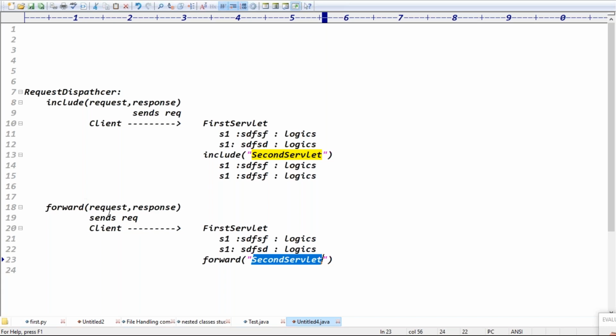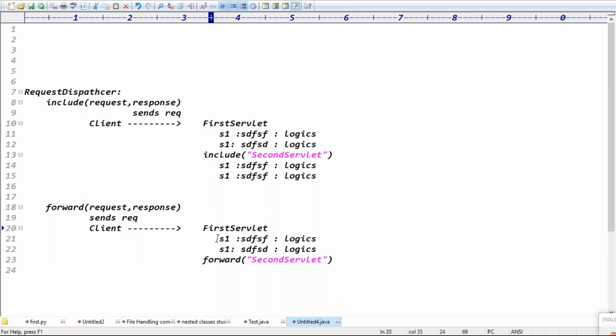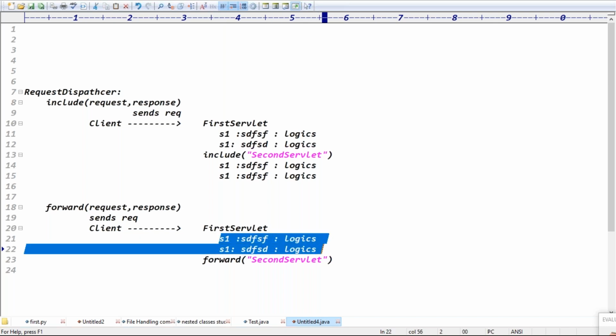Forward mechanism is recommended when the client sends a request to the first servlet, and the first servlet processes some data. Don't add any response here; if your response is added, there is no use. You can process the data, like checking the username, password, and age. These are validation logics.